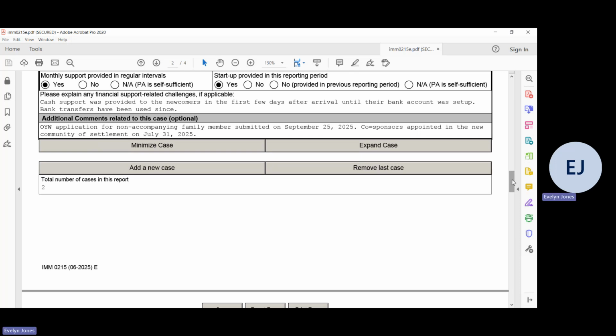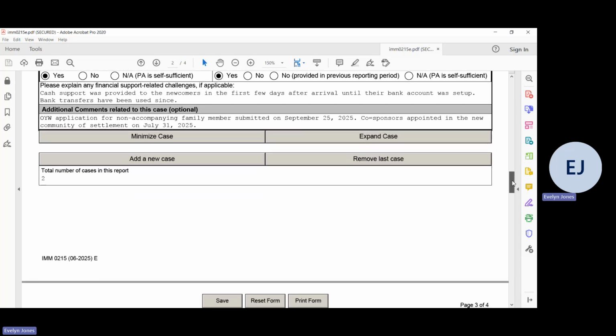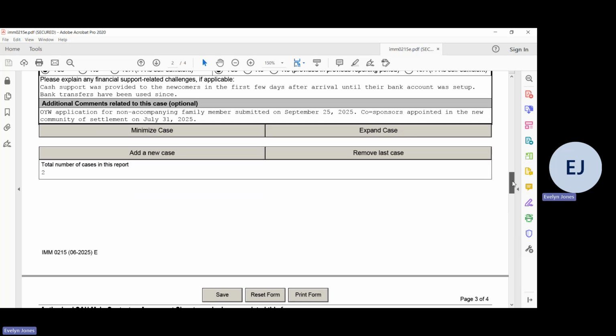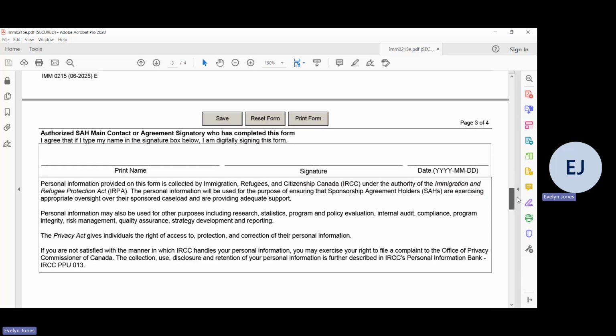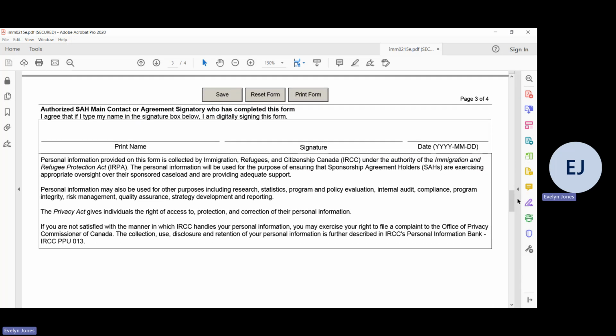Once you've provided information for all of your active cases, including any that finished or started their sponsorship year in Canada during the reporting period, the report must be signed by either the current sponsorship agreement holder signatory or the main contact. And so you will find that here on this page. This is where the SAW main contact or signatory will sign the form.